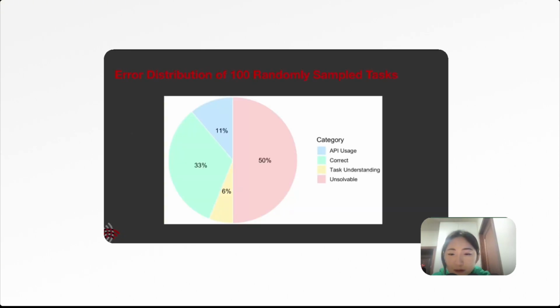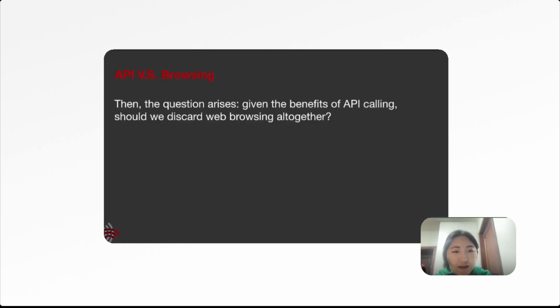But with the 50% unsolvable tasks, it's still worth considering another approach that could mitigate this 50%. So this leads us to think about the limitations of API calling. First, not all websites provide comprehensive API support. We have more details on this in our paper, but to summarize,